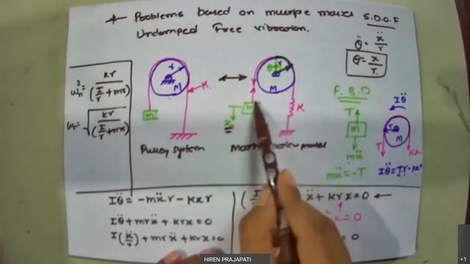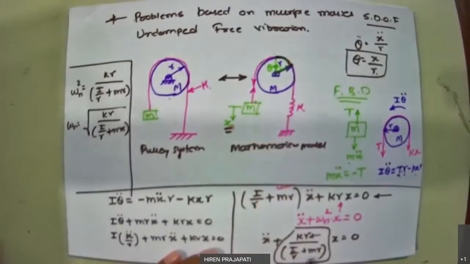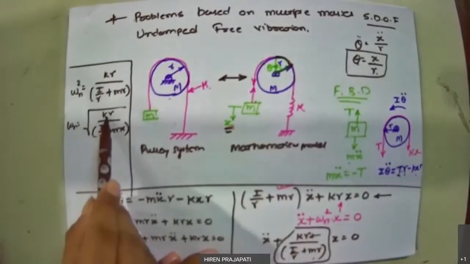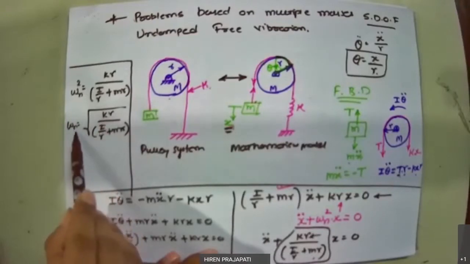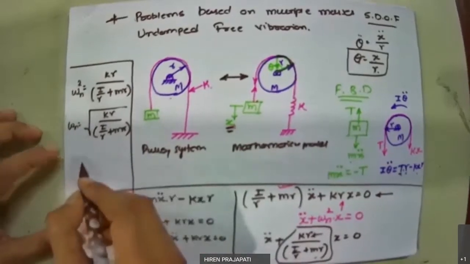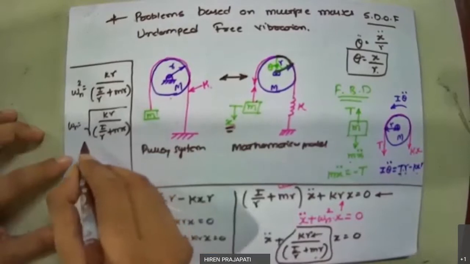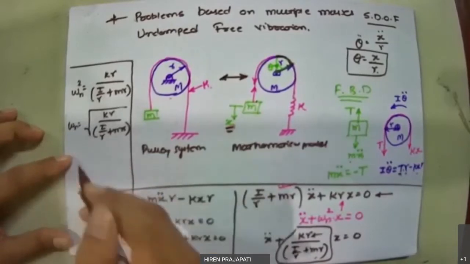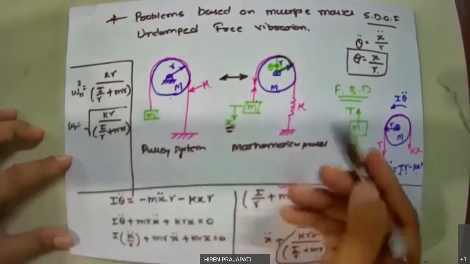Here we are having two masses, so this is m equivalent. So you can clearly see k equivalent divided by m equivalent. That is what the natural frequency of the spring mass system. So same is here, right? Now if I do more simplification and I wish to find the final value, because we don't know what is I,